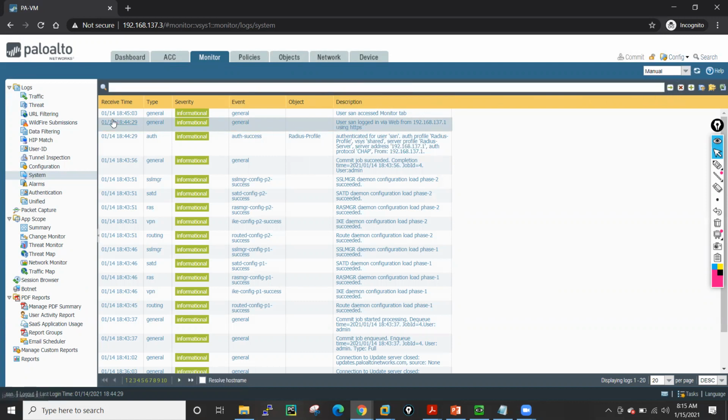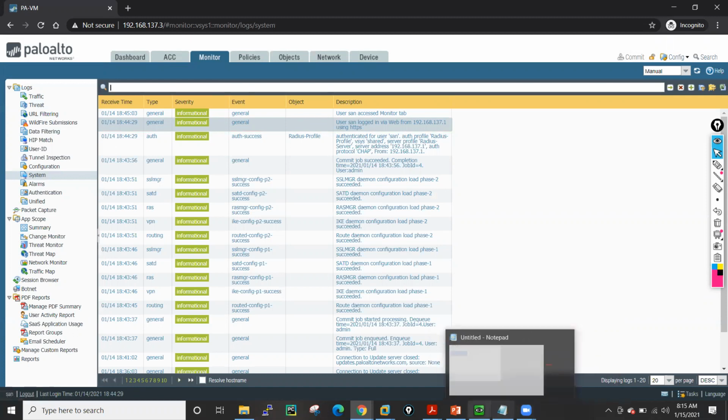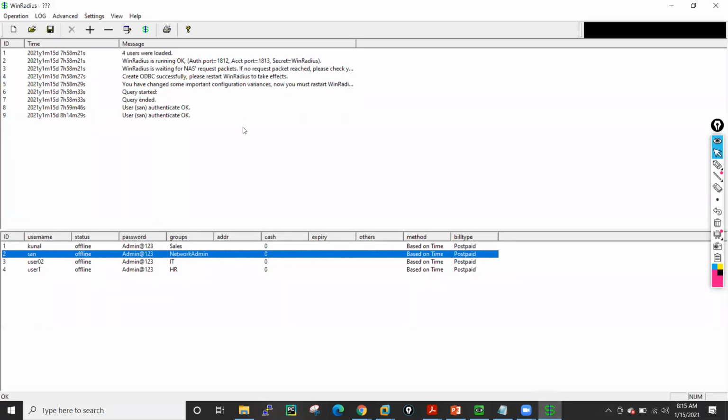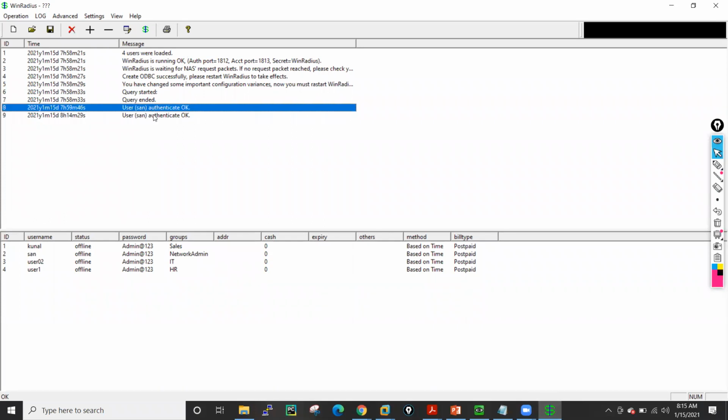See, this is the log. Authentication is also done through TACACS. And if I go into this one, see here also you will get this message, authenticated successfully.